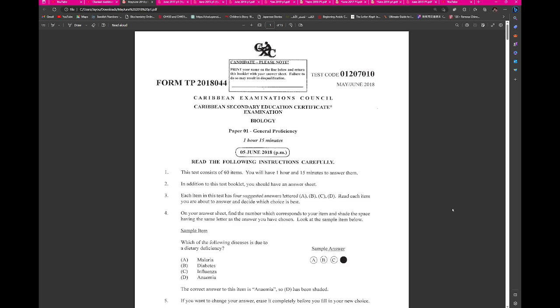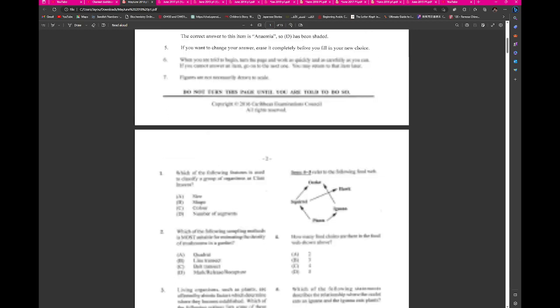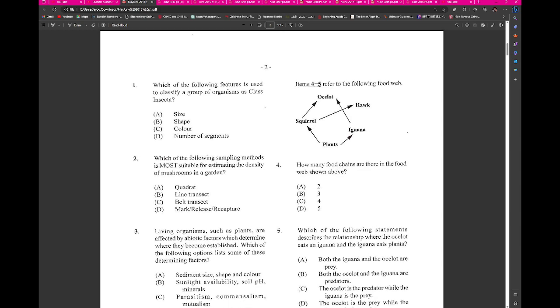Here we're looking at the CSEC Biology May June 2018 paper 1. Alright, let's have a go at this. Which of the following features is used to classify a group of organisms as class Insecta? So with this, we have to look at the number of